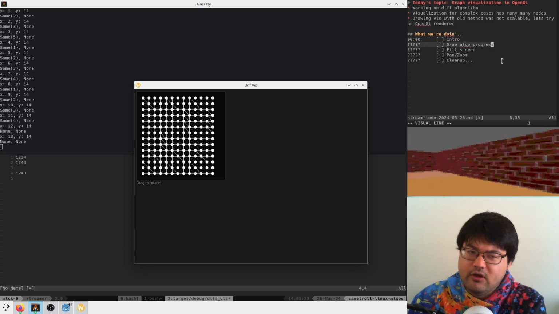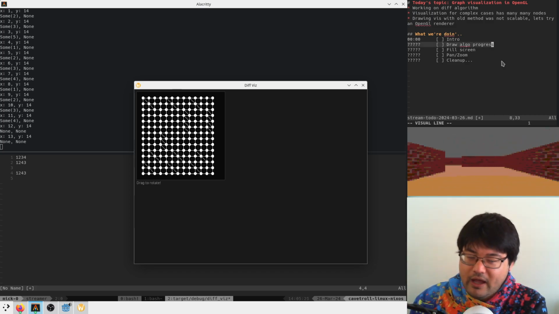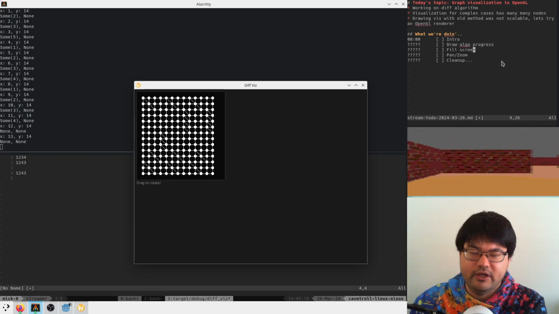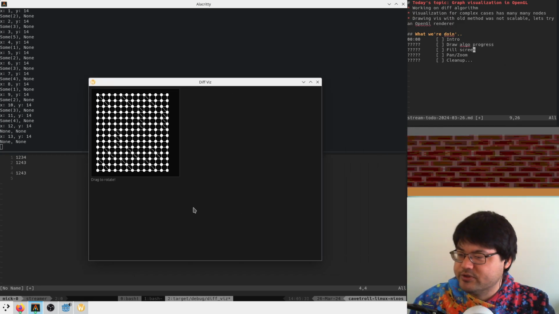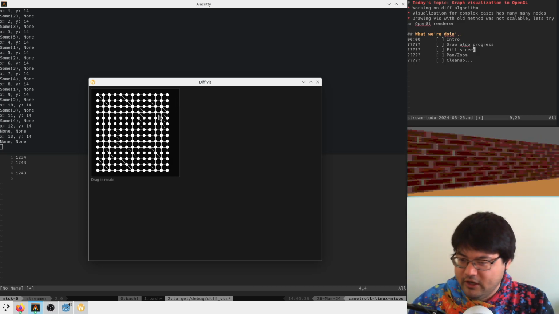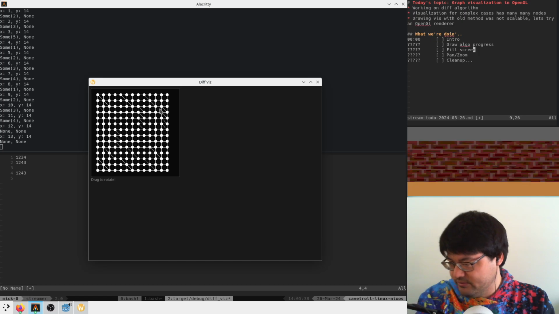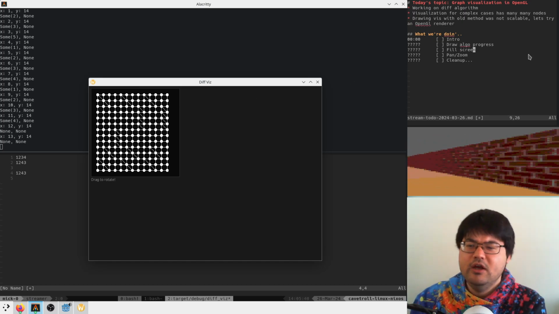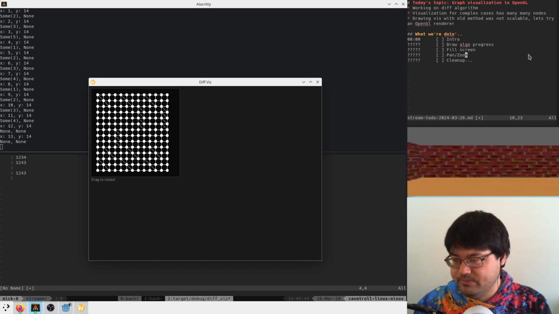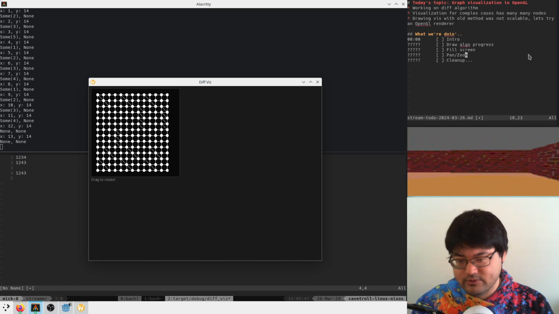So I think the steps are, we probably want to draw algorithm progress like we were in the previous version. We want to adjust this so that it's taking up the full screen, because we kind of copy pasted this example from eGUI on how to integrate OpenGL stuff, and so it's fixed to whatever size that example used. We need to implement pan and zoom, because when we get into this 4,000 by 4,000 case, there's going to be too much information on the screen,